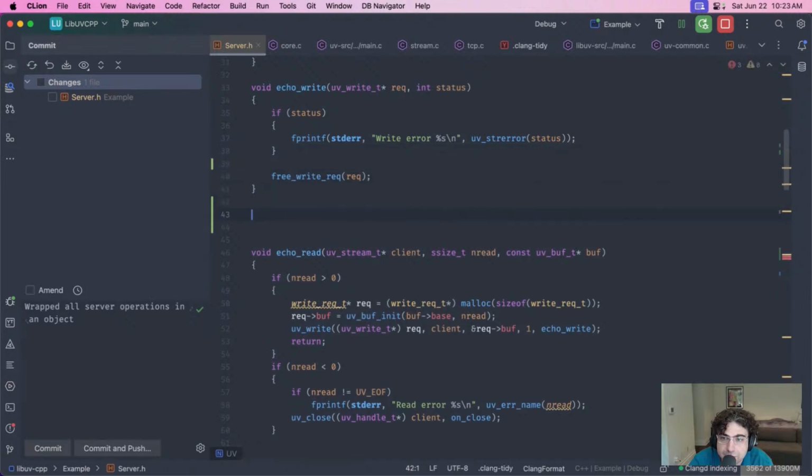I'm not sure exactly what would be a better way to do this, because I can hold some shared pointer in there, but I'm not sure how the lifetime of that object would remain alive. If I knew that there could only be one write, maybe I would do this, but I don't know. So let's start by just wrapping this in functions that I will maybe move to a CPP file or something. So maybe this will be something like echo read. So let's do something like